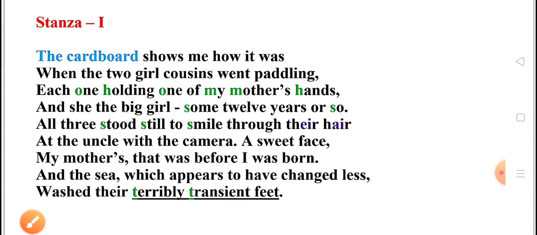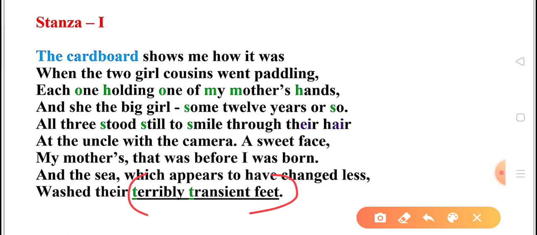Now the next one is transferred epithet, this complete one: terribly transient feat. If we talk about alliteration, you have to just select two words, terribly transient only. When we talk about transferred epithet, we have to include all these three words, terribly transient feat. So terribly transient feat, feat over here stands for